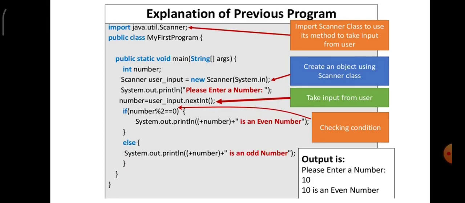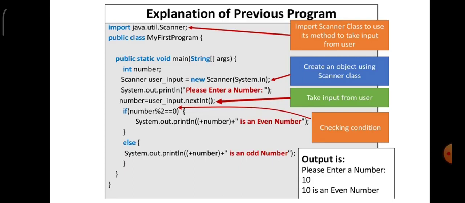As and when it is prompted, the user is going to key in the value. Any value can be here. Look at the output. Please enter a number is prompted by the compiler. Now the user is giving number 10. Where is this 10 getting stored? In number. Look at the line. number = user_input.nextInt() will take this number 10 and it is getting stored in the variable called number, which is of data type integer.